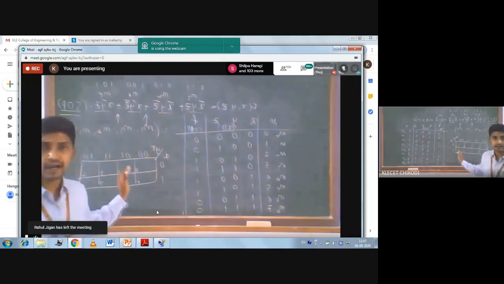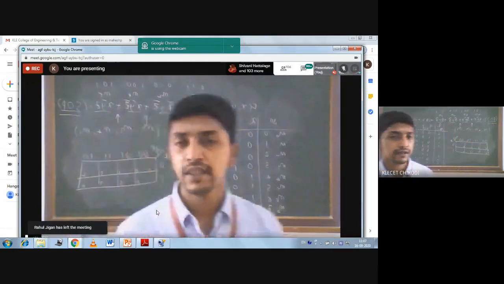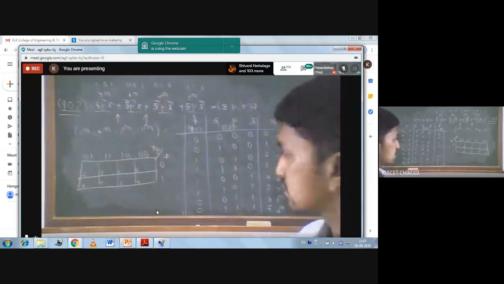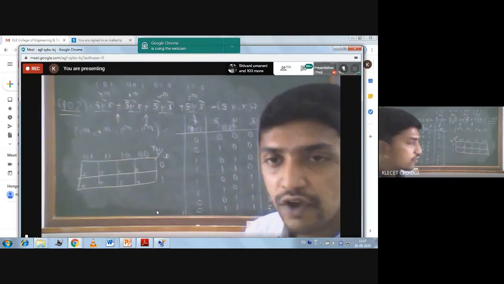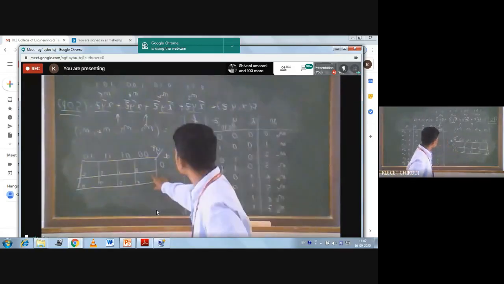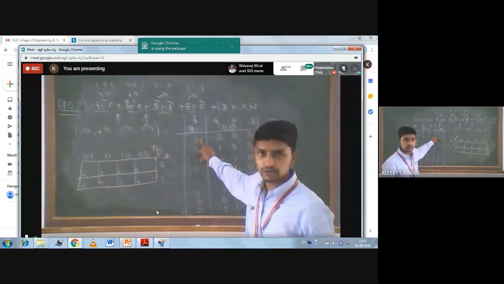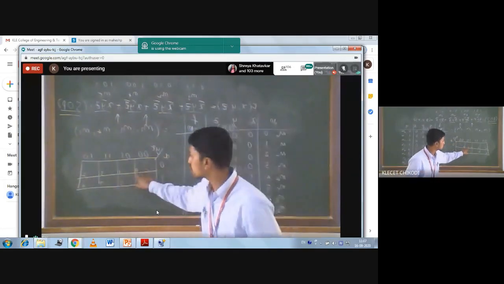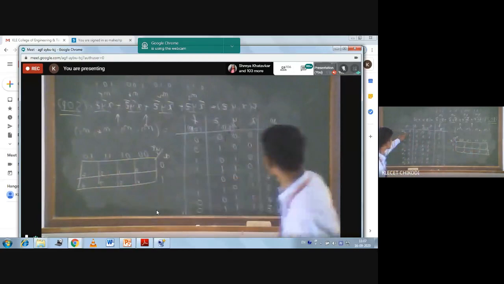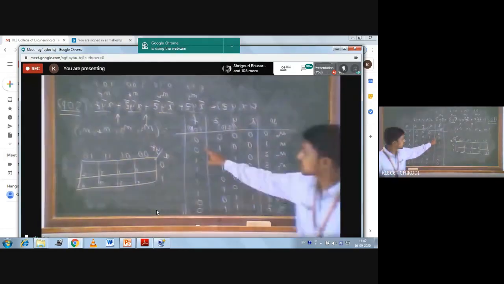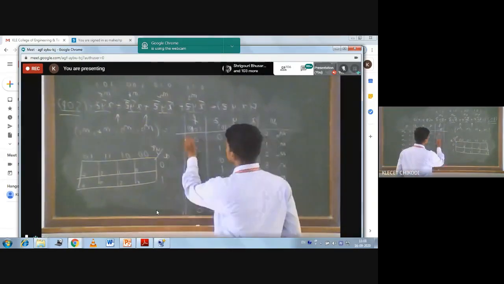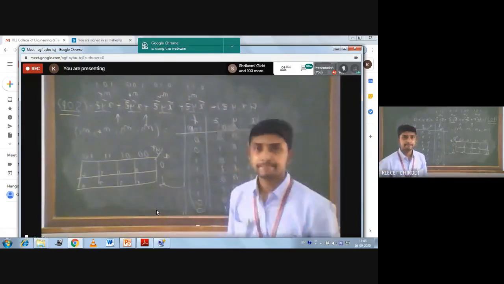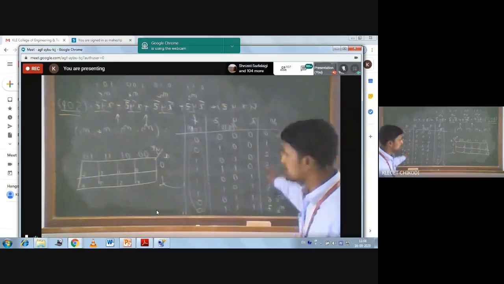Okay. Now we have identified the number of input variables and we have drawn the corresponding K-map for this. Now what you have to do? You have to fill this K-map with the output function values from the truth table, according to the cell numbers.